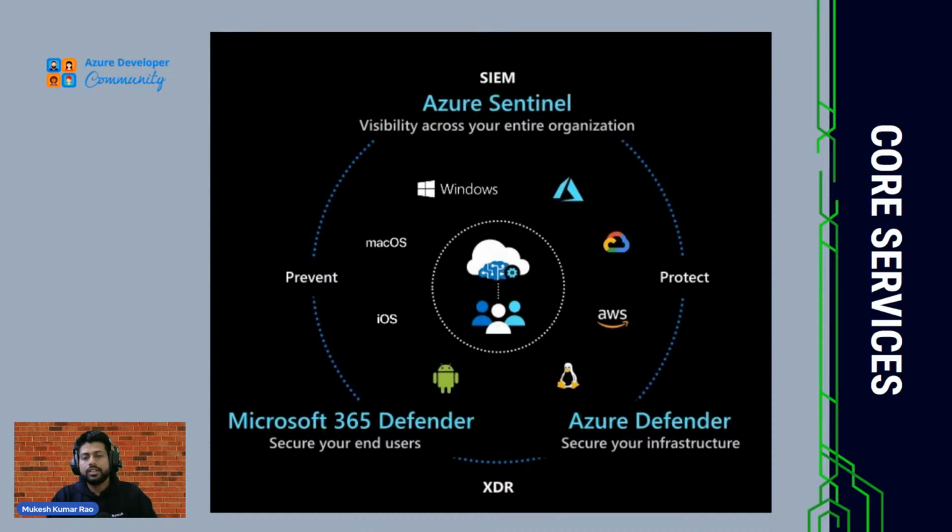Now this is the core part, or you can say the core service of Azure security. Total 360-degree security is provided by Azure, which is mainly divided into three areas. Just like in a Windows system, we have Windows Defender and Firewall working, the same thing is handled by Azure Defender. It will secure your networking services and check your firewall system. That is a part of Azure Defender.